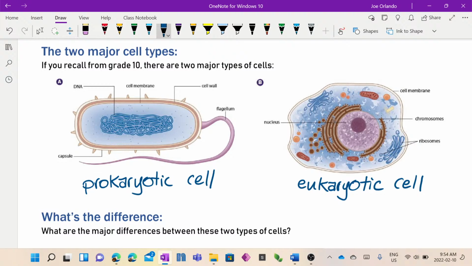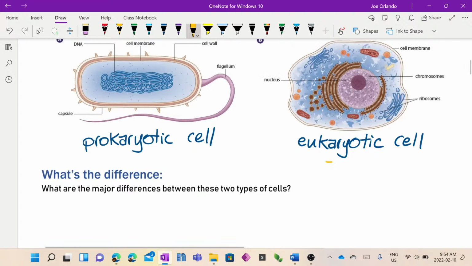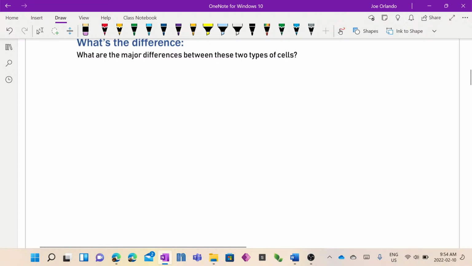We'll talk about them. If they don't ring a bell, that's because you probably just were told about them but never did anything with them. This course, we're going to do some stuff with them, so that'll make more sense to you. Yep. One has a nucleus. Very good. Okay. This is the major category. The major difference between these cells is that